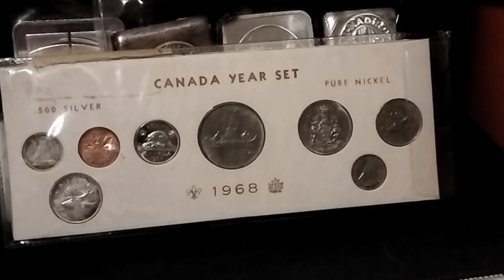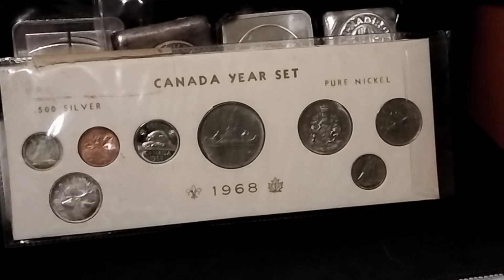I know some people are already wondering, why is there a 1968 Canadian set? And it's made out of silver. There is some silver in there. We're going to talk a little bit today about fractional silver. Some of y'all may know it as 90% silver. Some of y'all, if you're in Canada, from what I understand, may know it as 80% silver. Depending on where you are in the world, it has different percentages, depending on the age. Even here in the United States, a